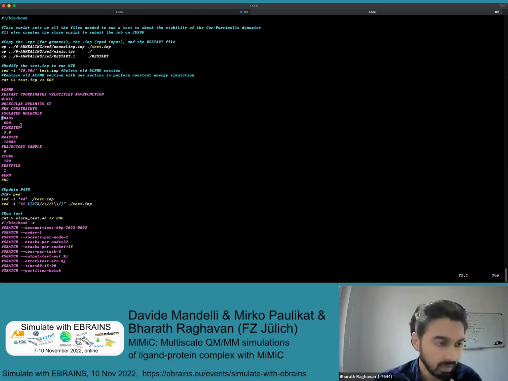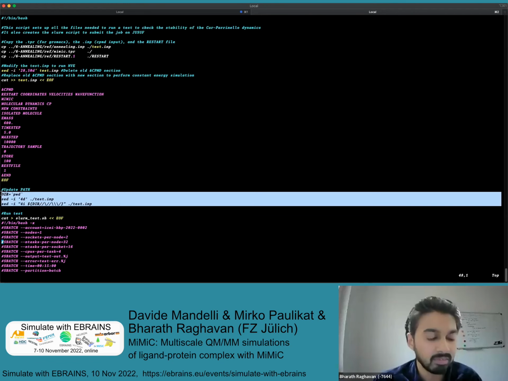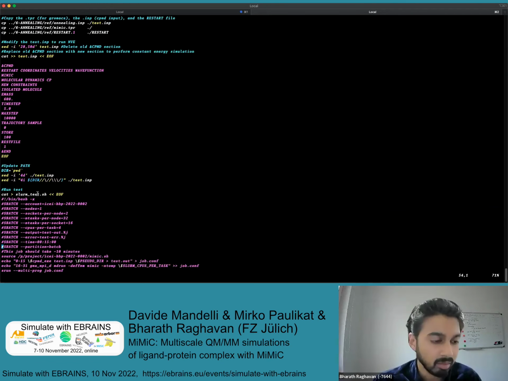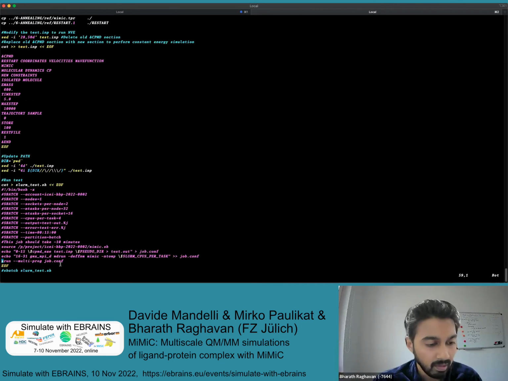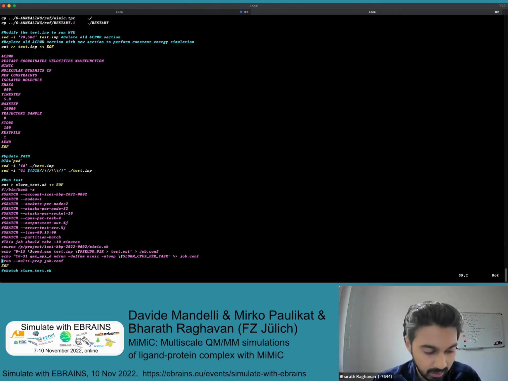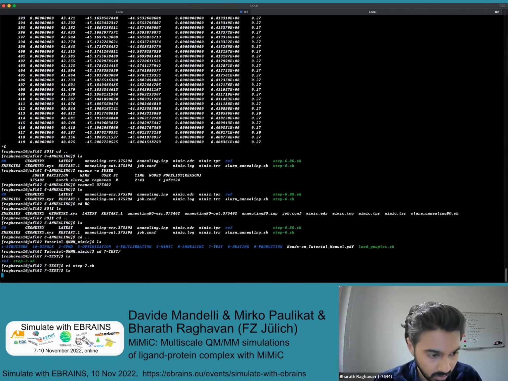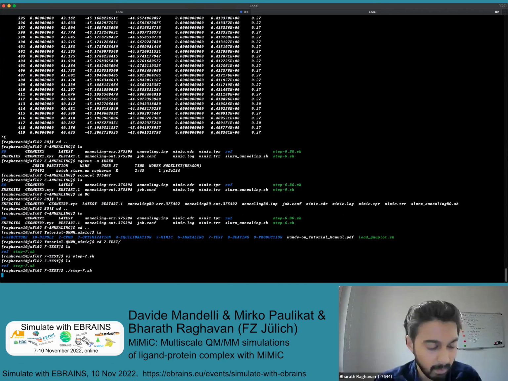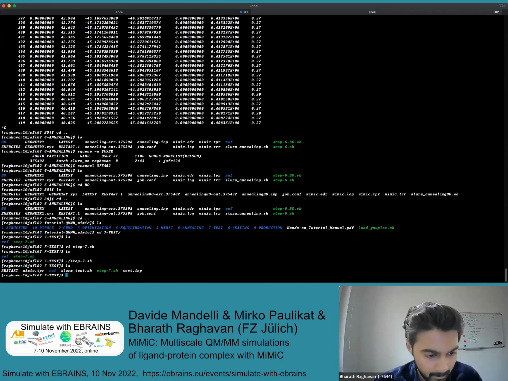We run a CP run, and like Davide mentioned, there are no annealing keywords. There are no thermostat keywords. So it's a pure NVE, a constant energy system. And then again, we change the paths. We always have to change the path in the MiMiC section. Make sure that the path is right. And we again output the Slurm script at the end. So if we run this and start running,